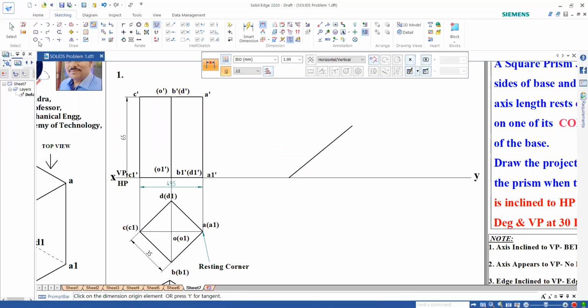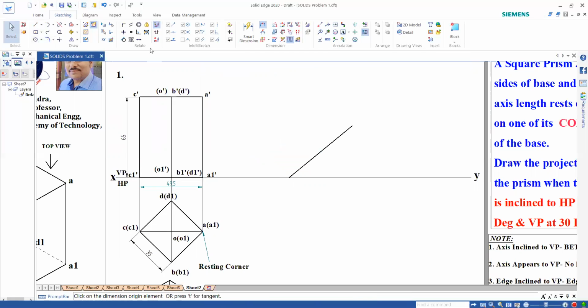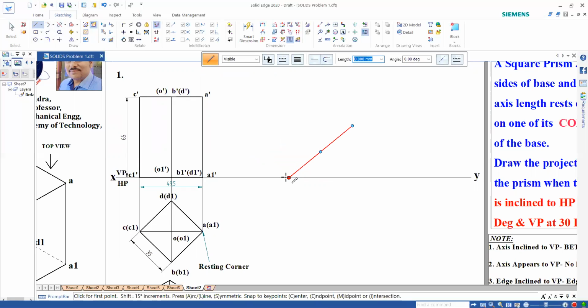So it is 49.5, right? Now we shall project this here, from here. The length is 49.5, but the angle is 40 plus 90. So that is done. Next, again I need to project the length of 65 at angle 40, enter.